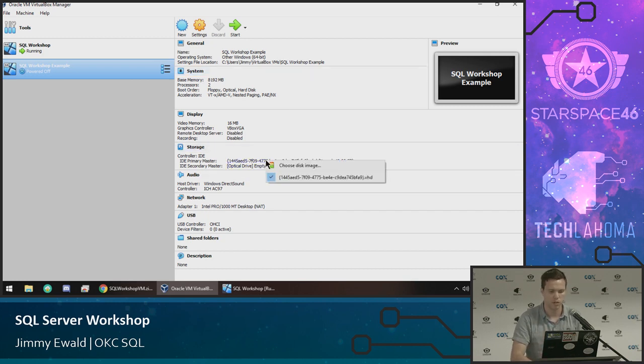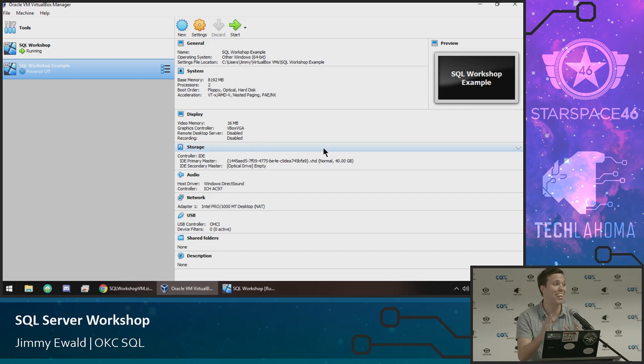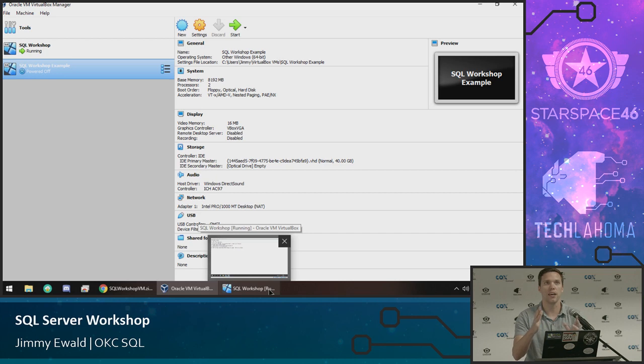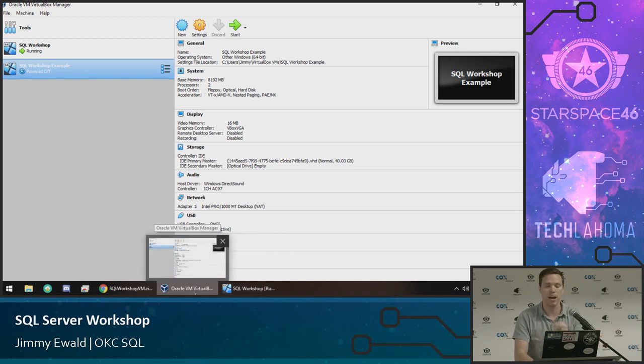This is it right here, this disk image. It was about 20 gigs. That's how much space it takes up on your hard drive right now, okay? As you can see, it says 40 gigabytes right here. So what does that mean? That means that in the virtual machine, its virtual hard drive shows 40 gigabytes of space. Okay, so it shows we can put stuff on this hard drive up to 40 gigabytes. But in reality, on the physical machine, it's only going to take up the space that it's actually using,